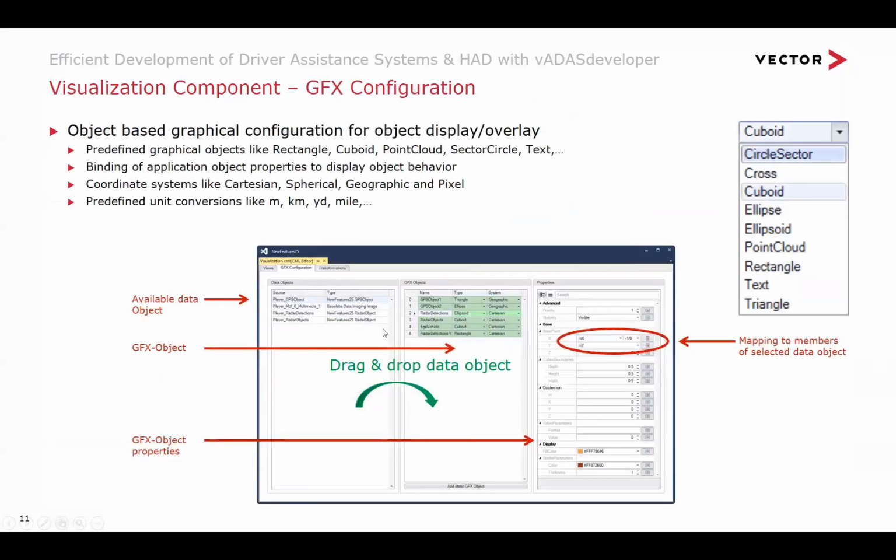Okay, now how does this look? Same thing as before. On the left you do not see signals now, but objects, because here we visualize all the output pins from objects, from components. You drag them in here. You would say, for example, I want to visualize my radar detection as an ellipsoid, and then I map the properties of the graphical component